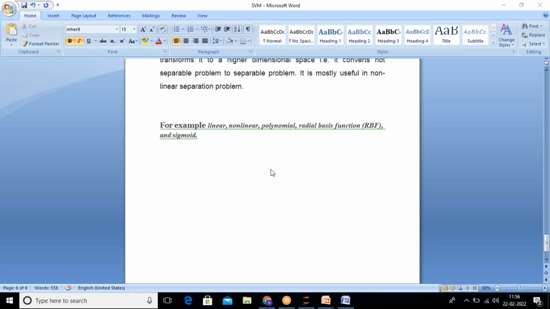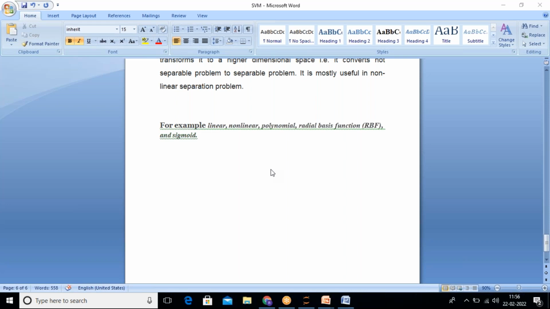From the linear one you can understand that when we have a linear data set, we can use the SVM kernel as linear. When we have a non-linear data set, we can go for